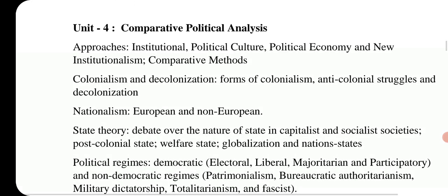Next, state theory, debate over the nature of the state in capitalist and socialist societies, post-colonial state, welfare state, globalization